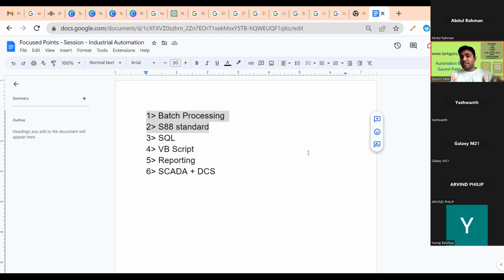Why is this programming required? Because right now you are doing the programming, right? And after 1 year or after 2 years, some other person is doing the programming inside the same backup. So if you know the batch processing programming, and that person also knows the batch processing programming, then no handover is required, right? And another advantage is if you use the batch processing standard,